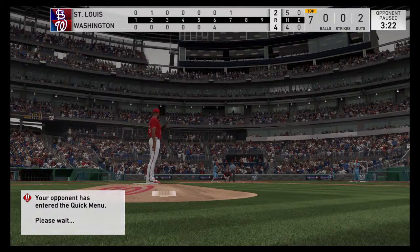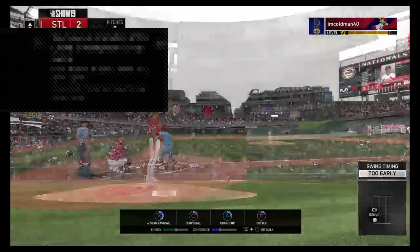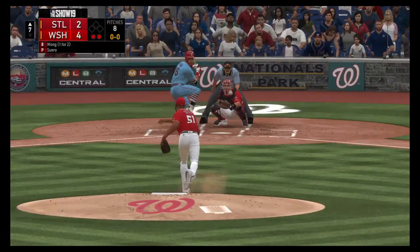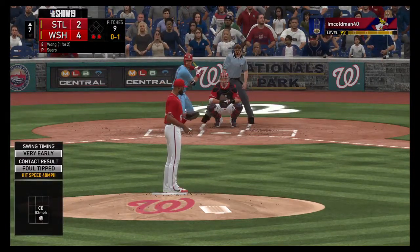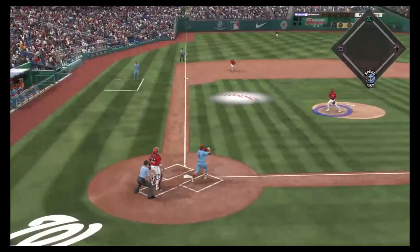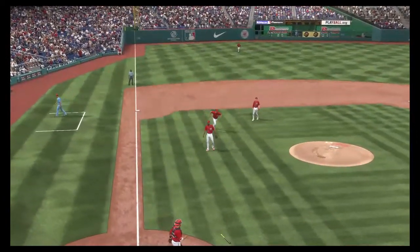Second baseman, Colton Wong. He's ready. Here's the first offering. Just able to get a piece of that for strike 1. 0-1 count and the pitch. He pops it up toward the left side of the infield. Suero is there to make the catch, and the side is